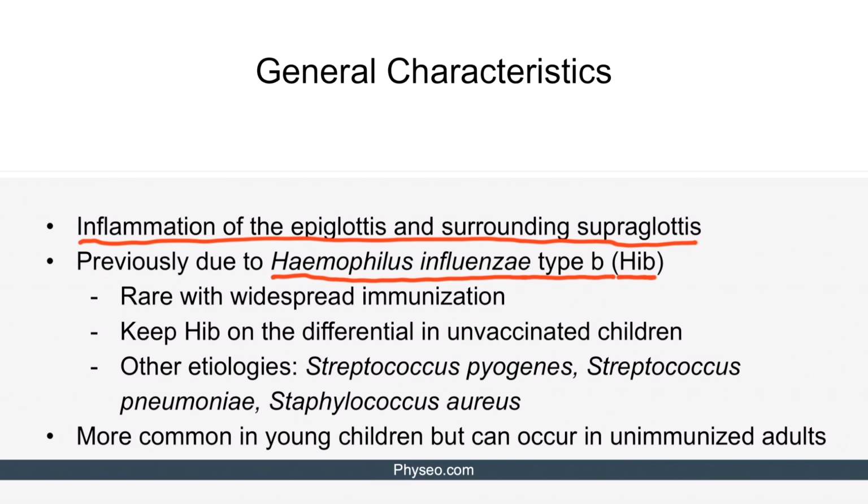Even though there is widespread immunization, one must remember to keep Haemophilus influenzae on the differential, especially in children who are unvaccinated or who have immigrated from other areas where this vaccination may not be standard. Other pathogens that can lead to epiglottitis include Strep pyogenes, Strep pneumoniae, and Staph aureus. Overall, epiglottitis is more common in children, but it still can occur in adults who are not immunized against Haemophilus